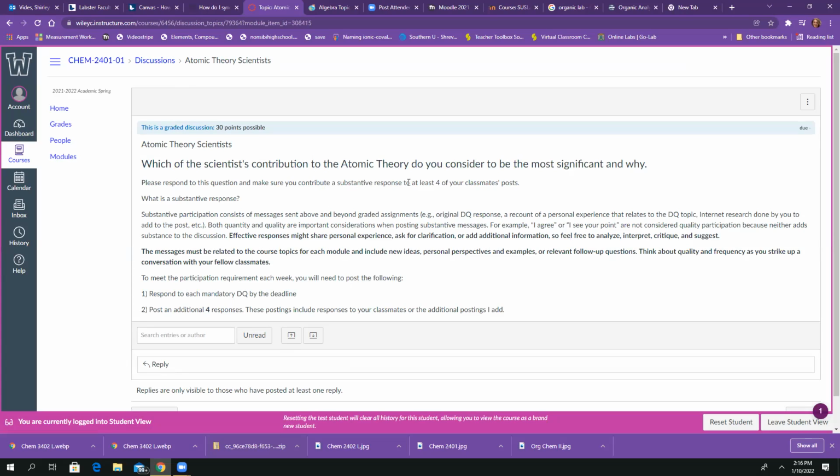And then you have to contribute 4 times more to the class in a period of 2 separate days. In other words, you can do 2 and 2 if you want. And a substantive response would be one that doesn't just say, oh, I agree, I see your point, I like your answer, none of that. It actually needs to say something like,